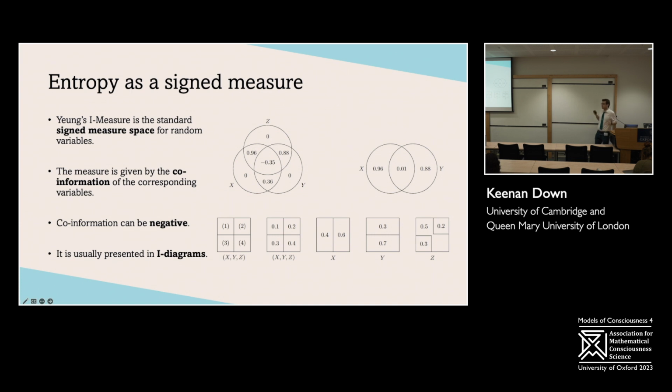The signed measure perspective is not completely new. Jung came in, I think, in 1991 and fleshed out, building on the work of an earlier researcher called Hu or something, this idea of entropy as acting like a signed measure. So it's positive and it's negative. That's what the sign means. And the way this works is we take a bunch of variables. This could be anything. Here we have some abstract variables x, y, and z, which are partitioning an outcome space. So they see different events, for instance. But it could also be information that's encoded by different brain regions.